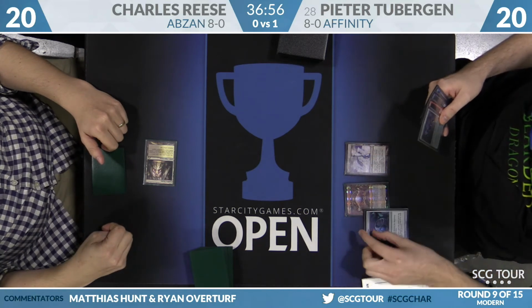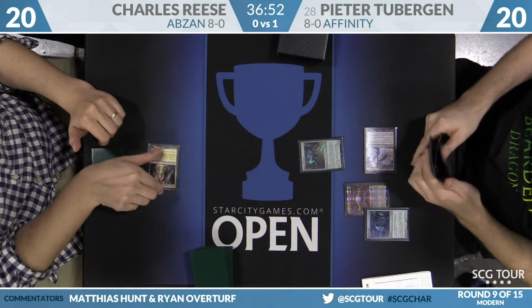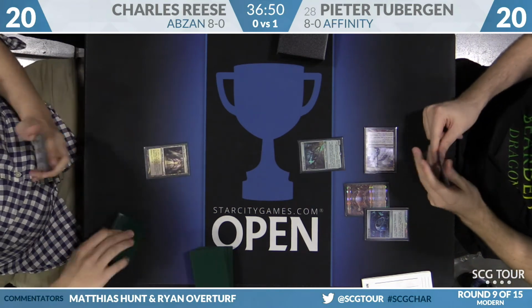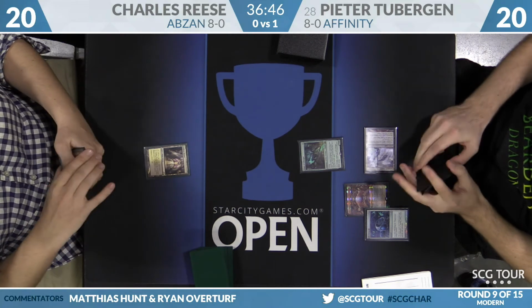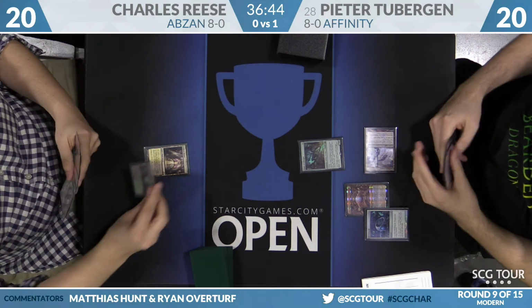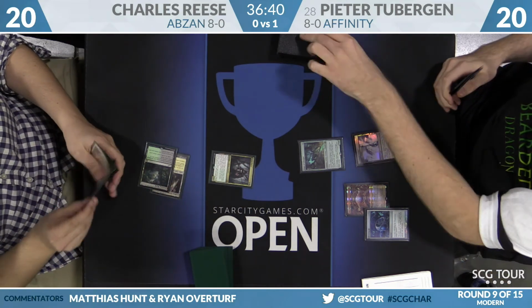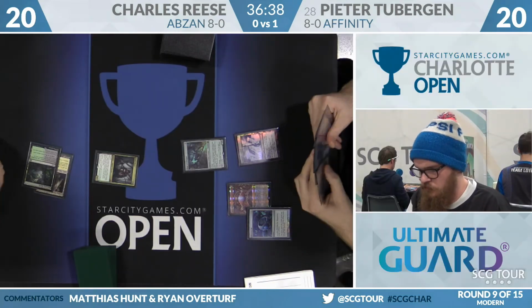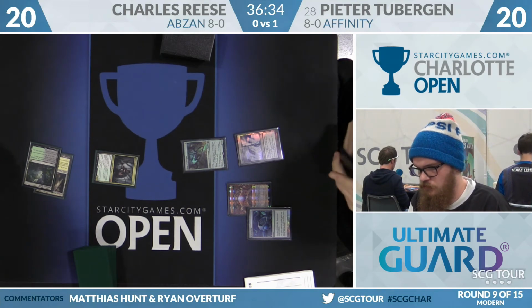Turn 1 tap land from Charles Reese. See Welding Jar, Mox Opal, Darksteel Citadel, Hope of Ghirapur for Peter. So the turn 1 Opal was active, but this is not the payoff that Peter wanted. He's got a Welding Jar to protect a great turn 1 play, and it's going to be Hope of Ghirapur. And can you beat Flying Men? Yeah. I'm expecting a turn 2 Etched Champion or Master of Etherium if this is the start. Another Hope. No, that would...